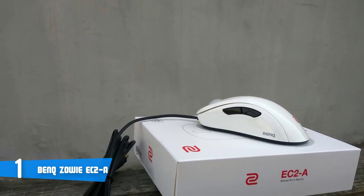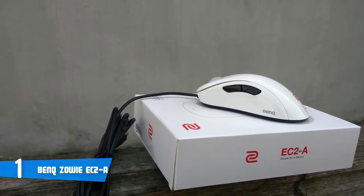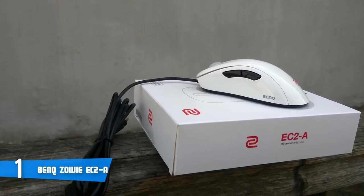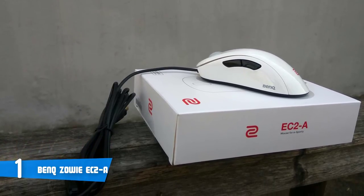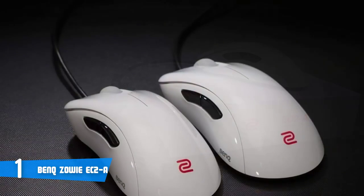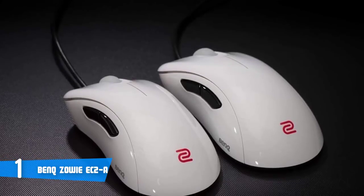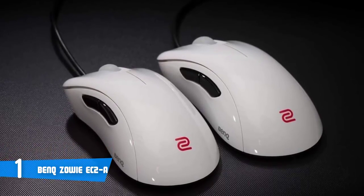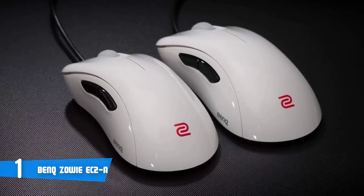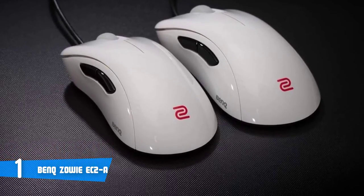What I personally love the most about this mouse is that it's a plug-and-play mouse, meaning that if you play LAN games and change computers often, you don't have to install any drivers or software for the mouse to perform at its maximum capacity. The USB report rate passes by 125, 500 and 1000 Hz, presenting a strong report rate again and again. Moreover, I also have to mention the thin rubber cable, which is 2 meters long and is